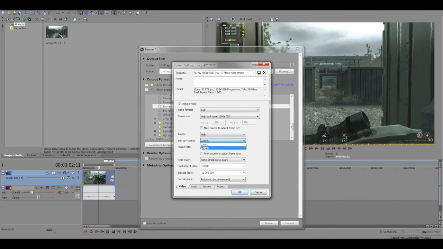Entropy coding will be on CABAC, that's good. Frame rate, set it to the same as in the project settings, to 25, or well, just leave it on 25 if you set it in the project video settings. Then the field order is on none, pixel aspect ratio on 1, it should be the same. Then the bitrate, I use around 8 in my own template, so you will want to keep that on 8